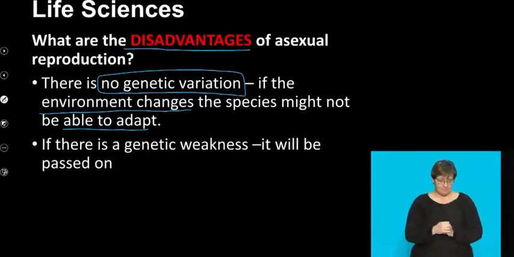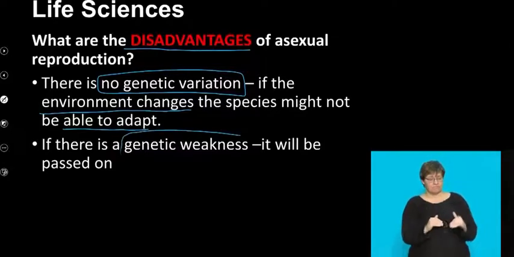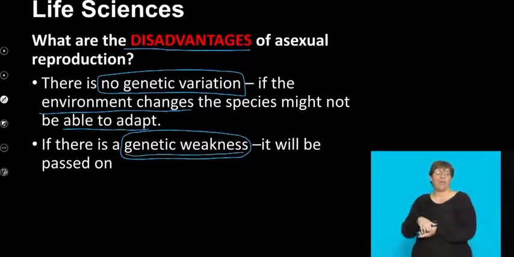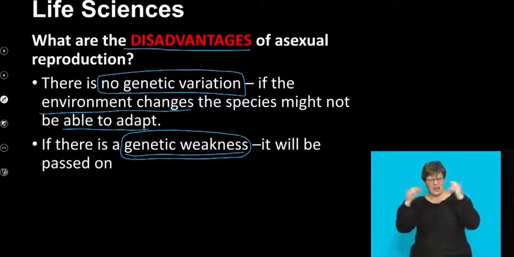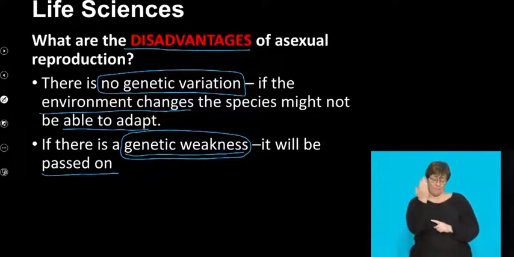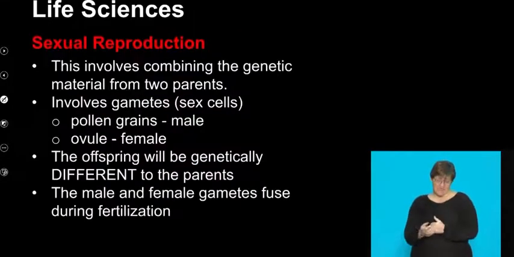On the same line, again, if there's a strong gene, they'll pass it on. Unfortunately, if there is a weak gene, sometimes you'll see brown specks on the leaves. That's not a good thing for the leaves. That can be passed on. So yes, there are more advantages than disadvantages, but in the long run, what are you looking for?